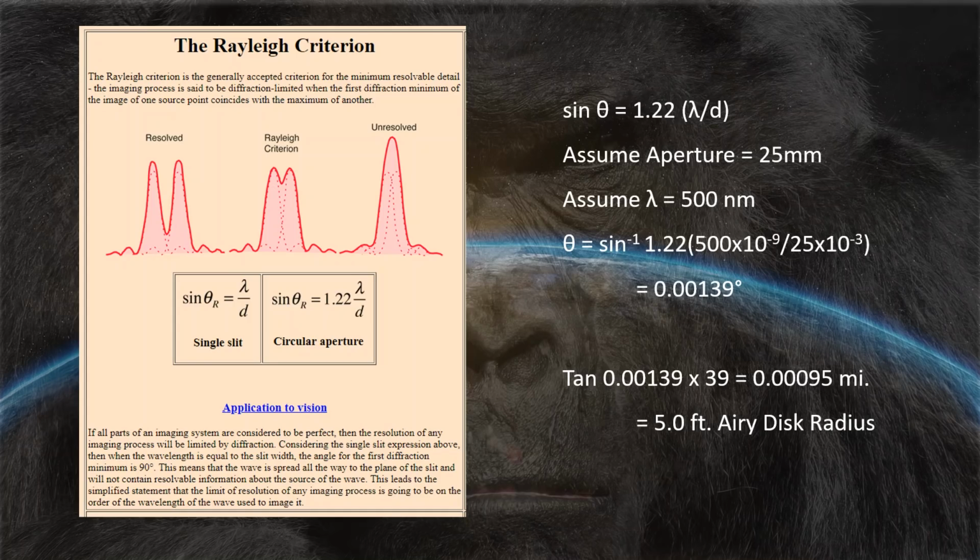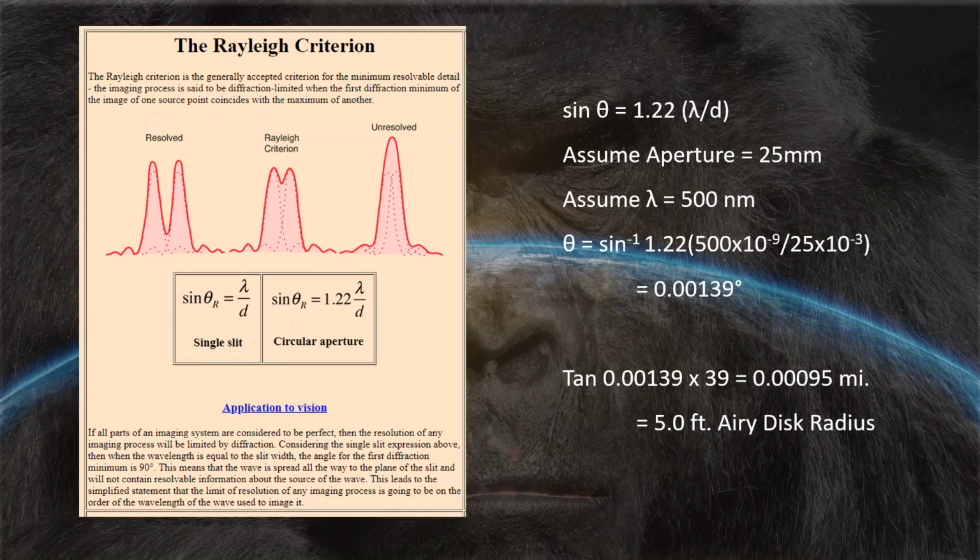Okay, that's enough of that foolishness. I would have thought after the spanking Nathan took from Dr. Bob a week or so ago, he would have left the Rayleigh Criterion alone. But he didn't. The Rayleigh Criterion is simply the accepted criterion for determining how far apart two points of light can be, and you still be able to resolve them as two separate points of light. At some point, they get so close together that they become unresolved, simply one point. There's a formula for that,